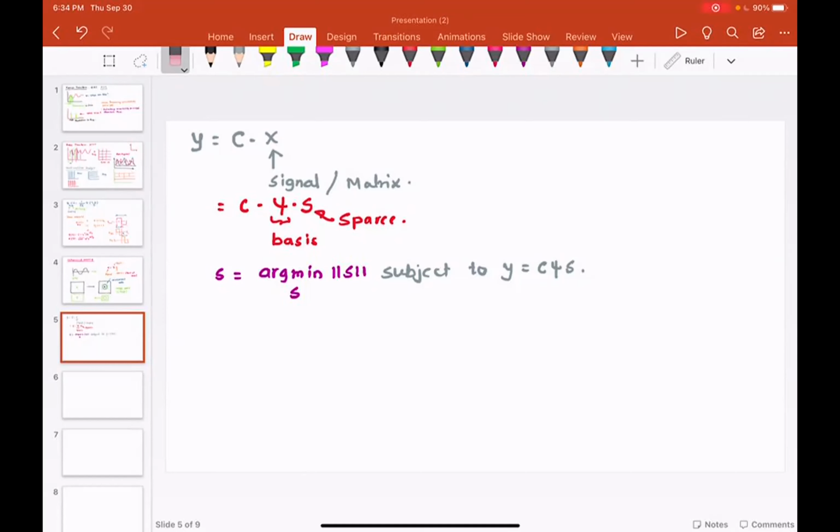It's not that simple. The reason for that is, let me point this out. We are trying to find out the S, and we are trying to allow S to contain a bunch of zeros. As long as this optimality condition is satisfied, the solution of S will be perfectly good for all practical purposes.